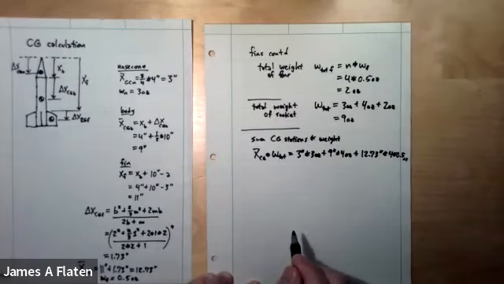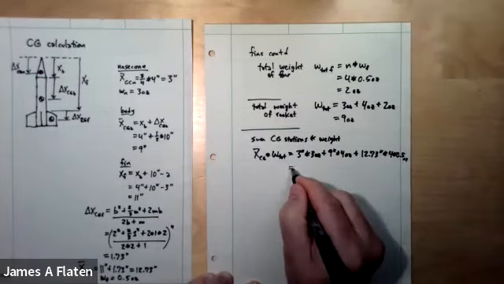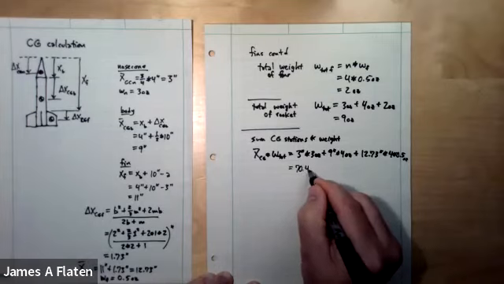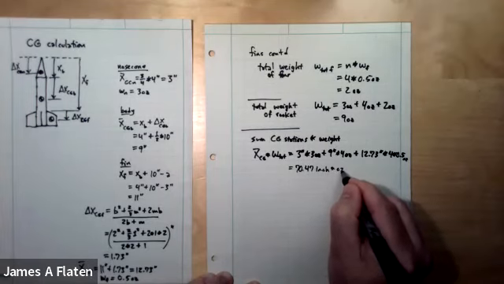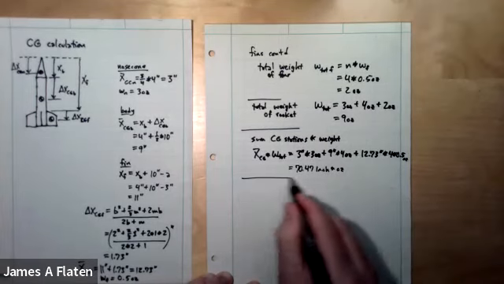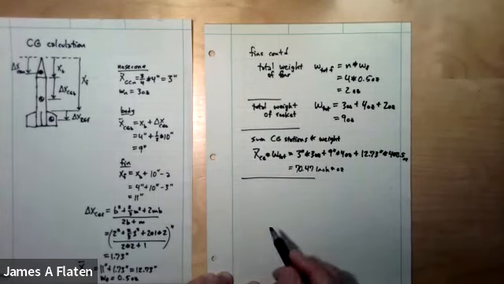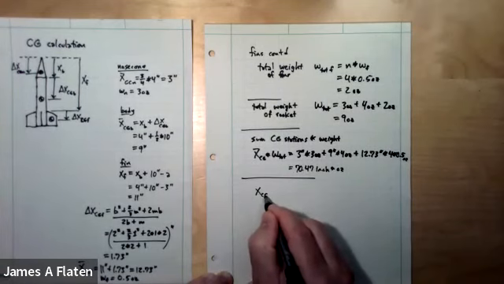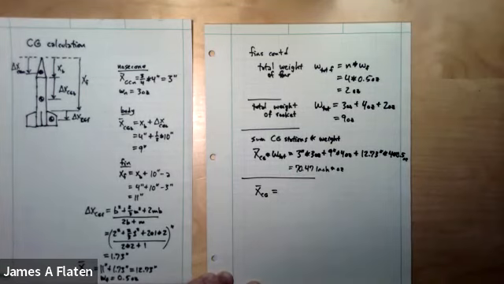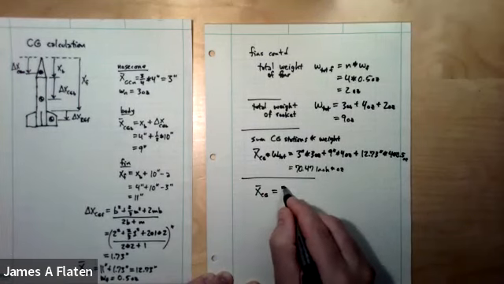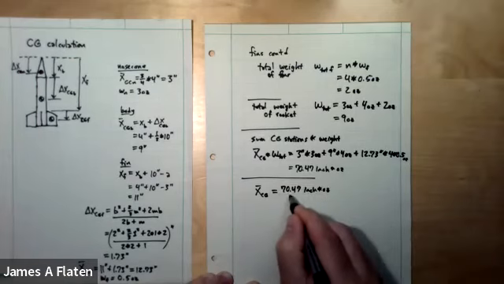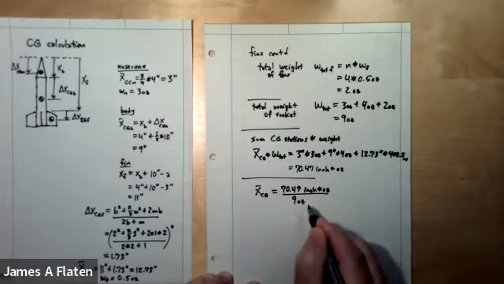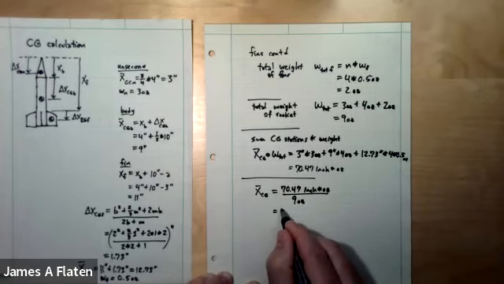4 half-ounce fins. Add this all together, and I get 70.47 inch ounces. So if I'm really interested in the average CG, all I have to do is take 70.47 inch ounces divided by 9 ounces, and I will get 7.88